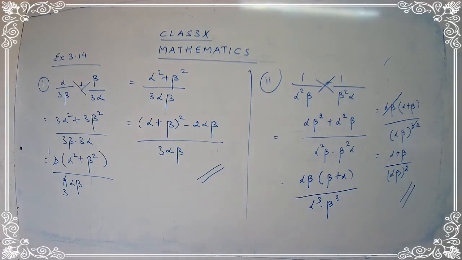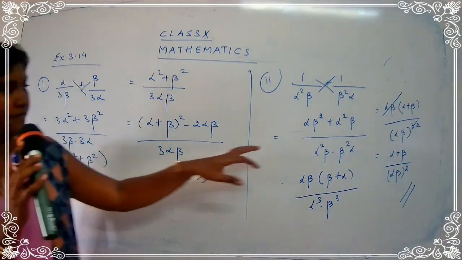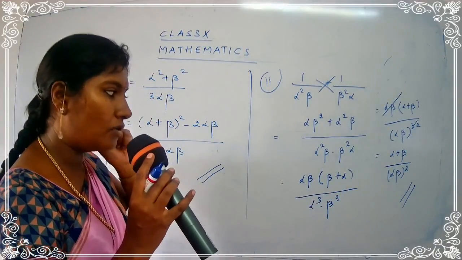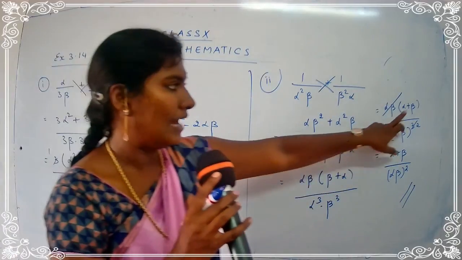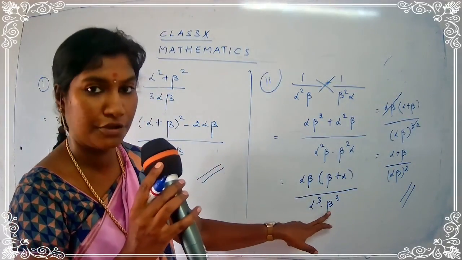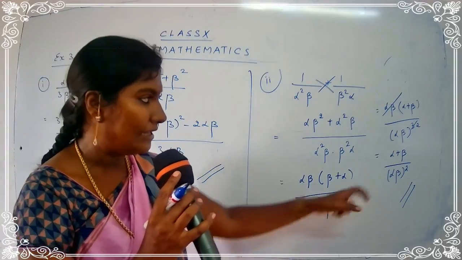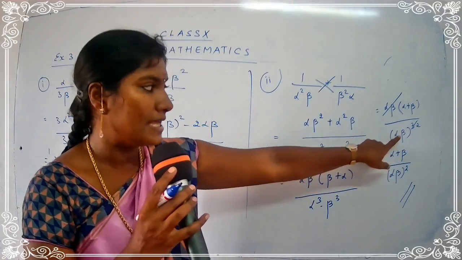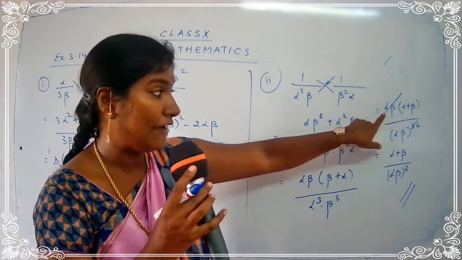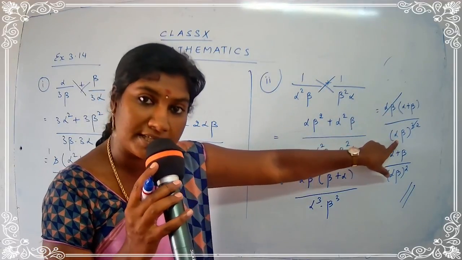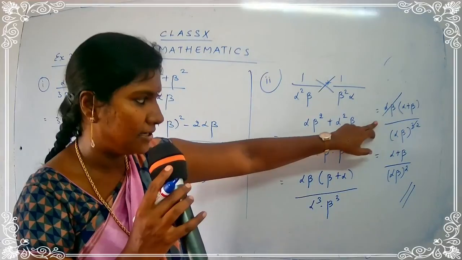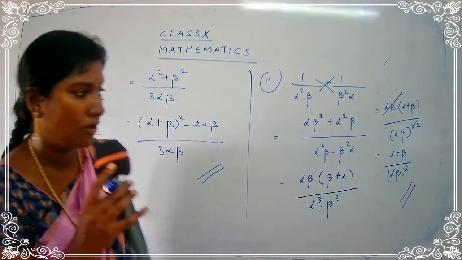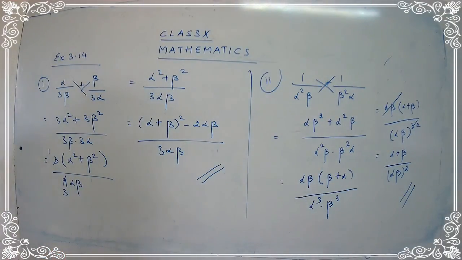Clear? I'll just explain to you the step once again. I hope you're clear with the first step and the second step. Yes, children? So now this is beta plus alpha. So what you do is, you can write down this as alpha plus beta. So alpha beta, alpha plus beta, and alpha cube beta cube. So how can you combine them together? You can write them as alpha beta the whole cube, because you have 3 alpha and you have 3 beta. So write down as alpha beta the whole cube. Now we have 1 alpha beta over here, and how many alpha beta is here? 3. So you can cancel 1 here and 1 here. So what is left here? 2. So alpha plus beta upon alpha beta the whole square is the required answer.